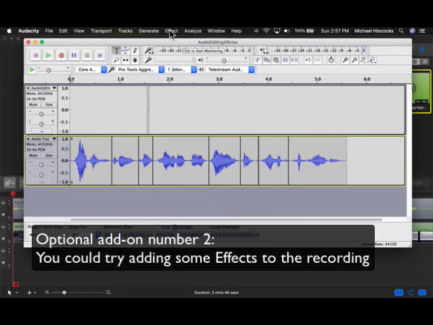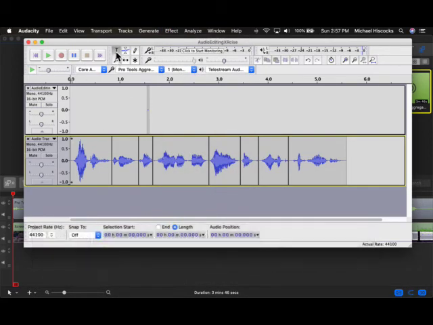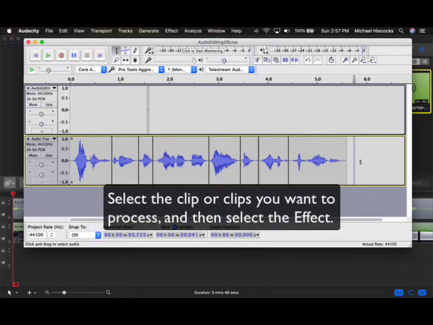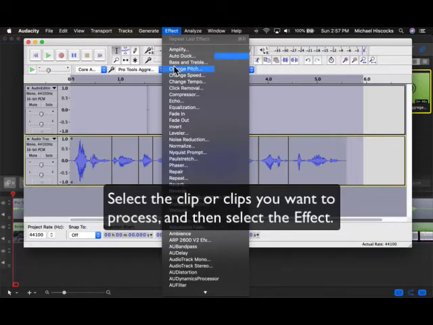If I have some time, and I would encourage you to do this, you could experiment by trying to add some of these. There are lots and lots of fun effects you can add. And the best way to add them is with the selector tool. If you wanted to add something to the whole file, notice that I've clicked to the right of the last clip, and I'm going to drag across everything, and then I'll add an effect. Let's see, what should I add? How about